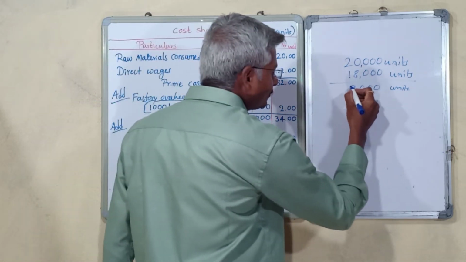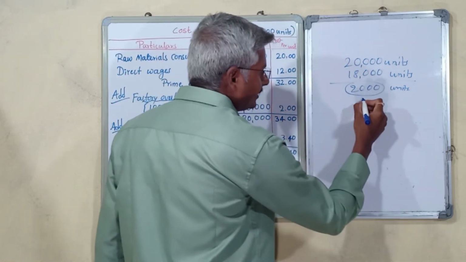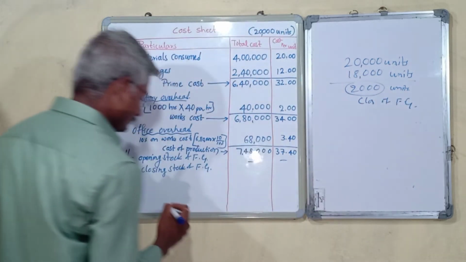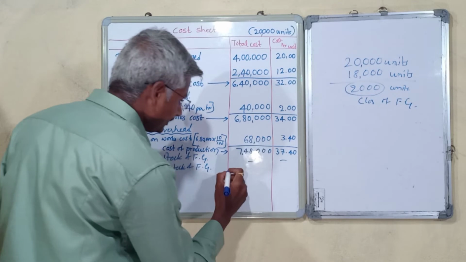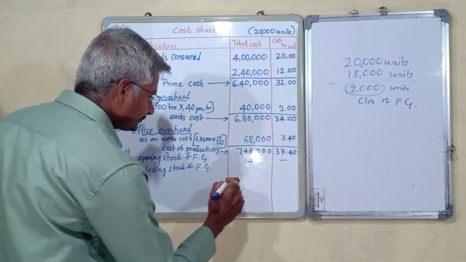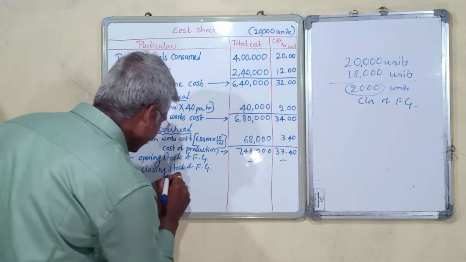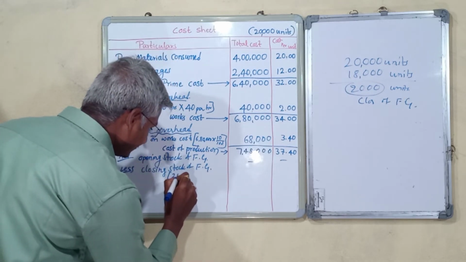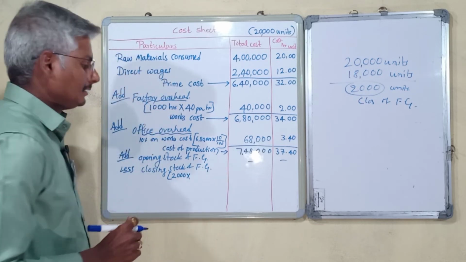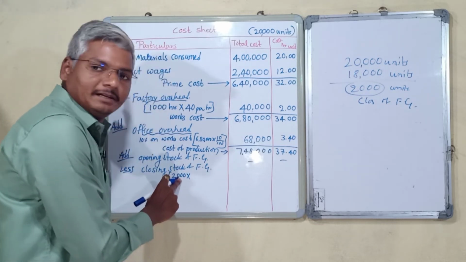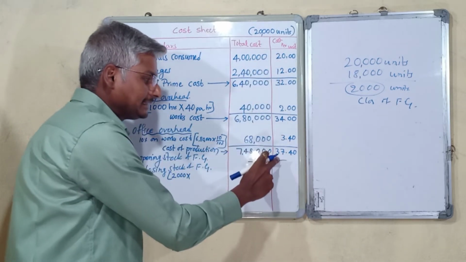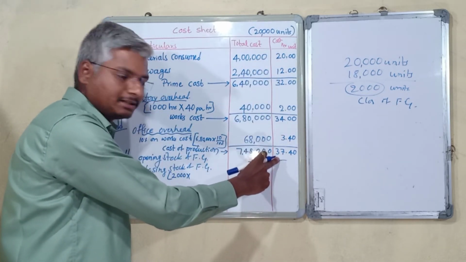So these 2,000 units are nothing but closing stock of finished goods. You will take it here, 2,000 units. Then for this we need to charge the cost per unit, that is, the cost of production is